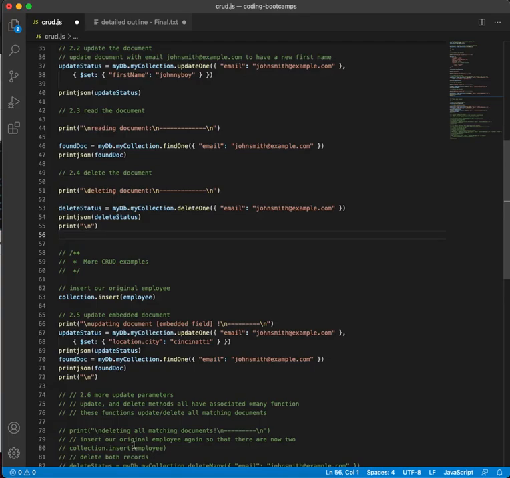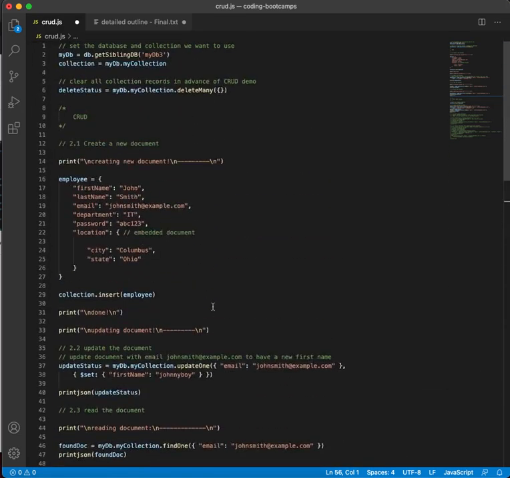I hope after the last few videos you have a better idea of how to manipulate data in your Mongo database. And hopefully at this point you're seeing the power of Mongo and just how much you can do and how easy it is. Really, it's just a couple of lines of code to do each of the things that we've been talking about. So in this video, we're going to do something slightly more complicated. It actually is really similar to what we've already done, but we're going to